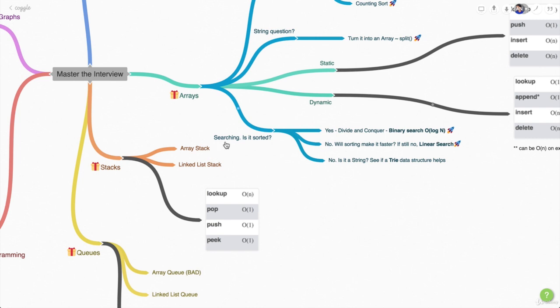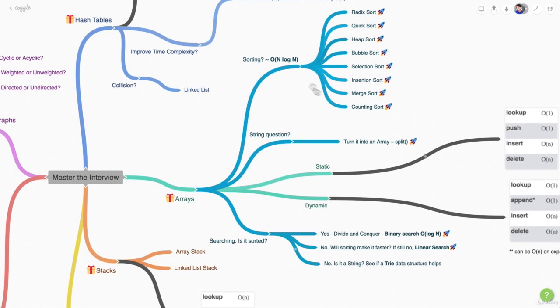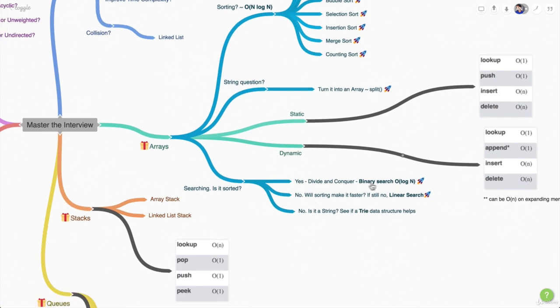Is the array not sorted? Well, no. Then it's actually more efficient to sort the array, even though it takes O of n log n, as we know over here, and then do a binary search after we sort it. And a lot of programs do that. Although it may seem time-consuming to do sorting and then searching, it is actually faster than perhaps doing a linear